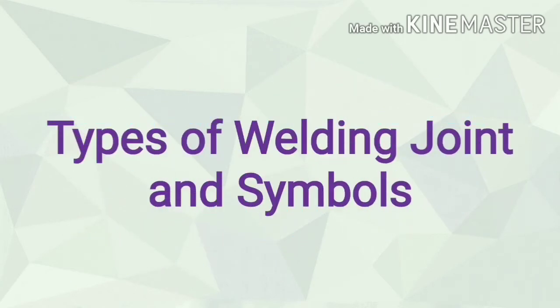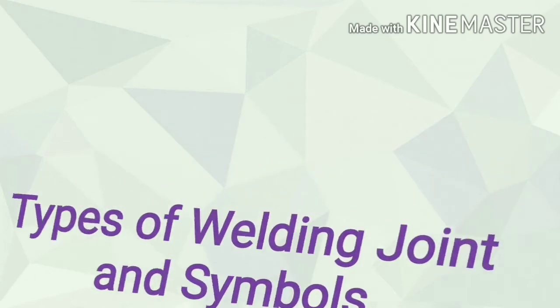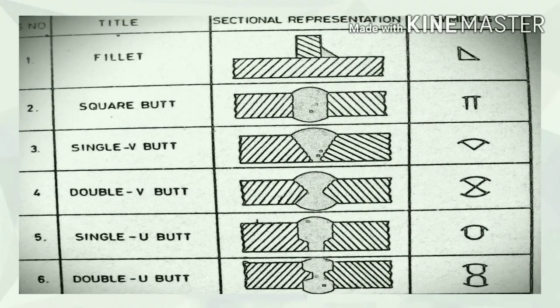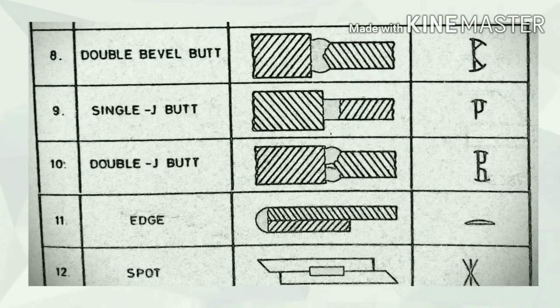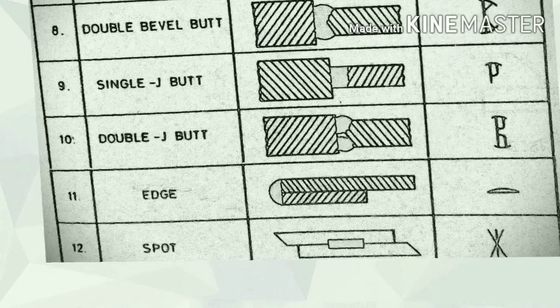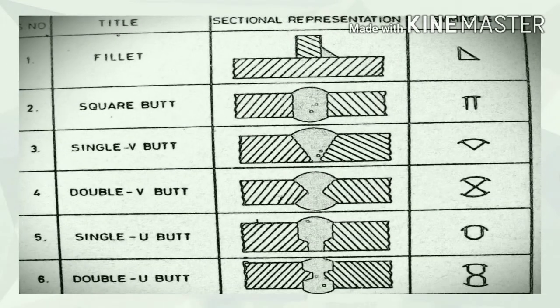Types of welding joint and symbols. Fillet, square butt, single V butt, double V butt, single U butt, double U butt, double bevel butt, single J butt, double J butt, edge, spot. These are the type of welding joint. How to present